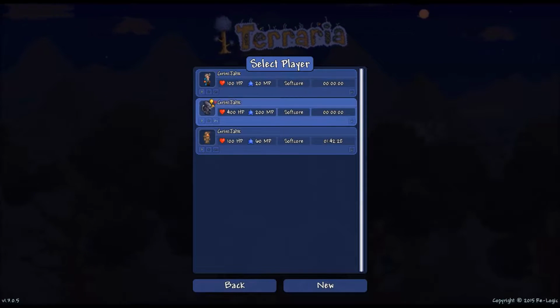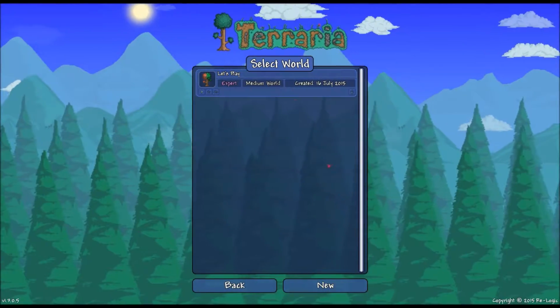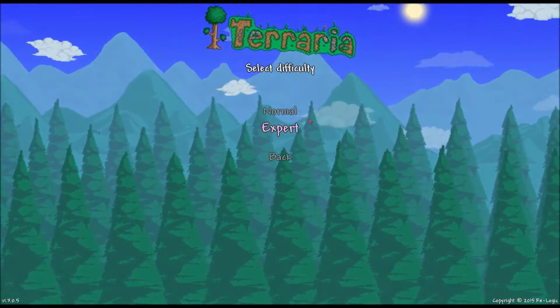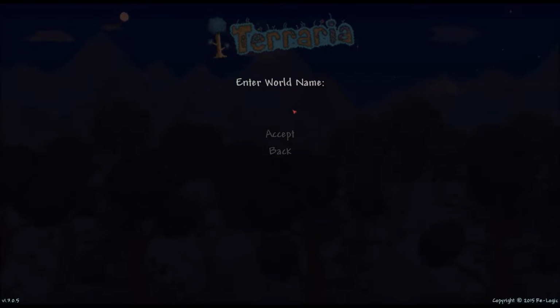So that's what we got. We got Grimjahk. We're going to do a new world. This is an old medium world that I was exploring. And we're going to go with a large world. We're going to run it in expert. And we're going to call this...